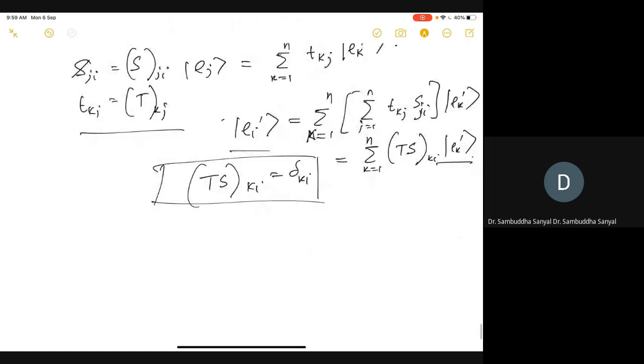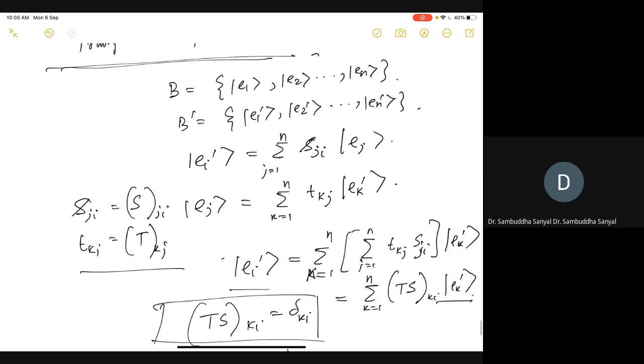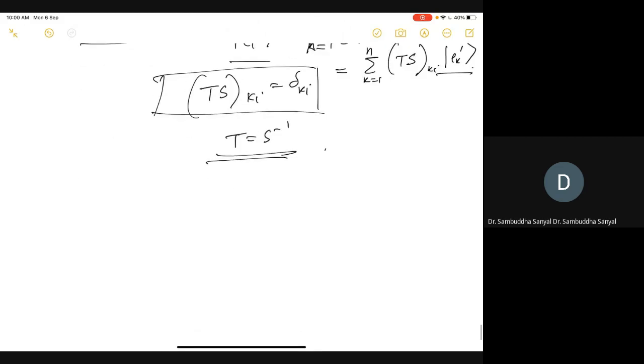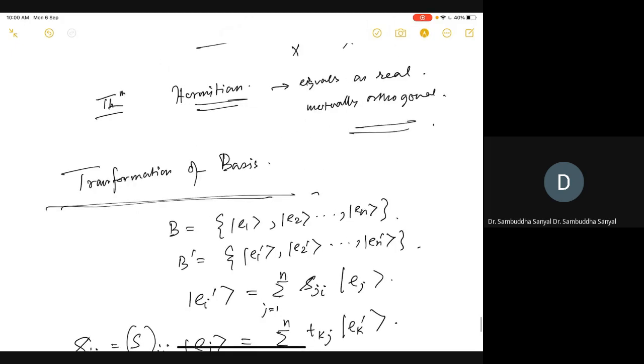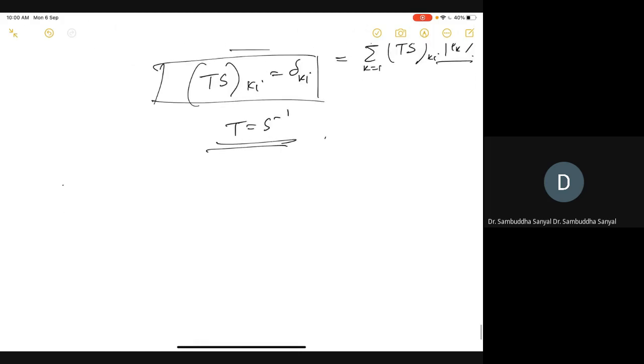So that means you can go from one basis to another with this transformation T and S, which are mutually inverse. So T must be S inverse. So now we are building up towards why we like that form, S inverse. So you can go from one basis to another and vice versa by this inverse transformation. So now let's try to write down the transformation of A. Everything is abstract so far. I haven't yet used a matrix form directly, but now we use that transformation of the matrix representation.